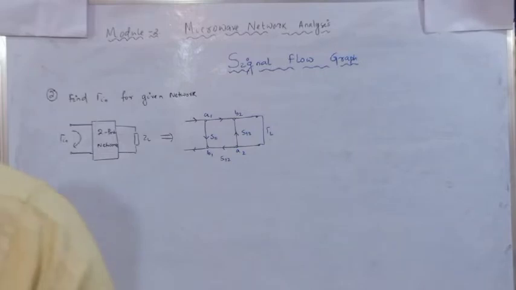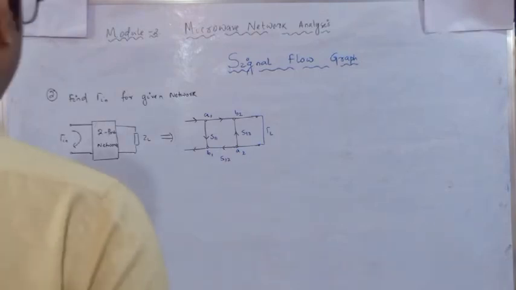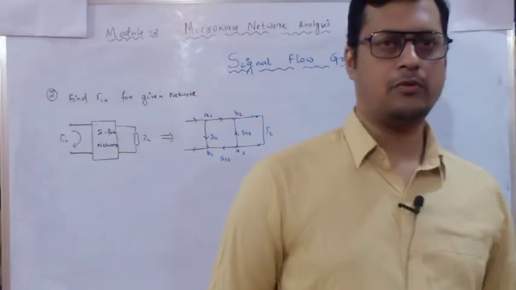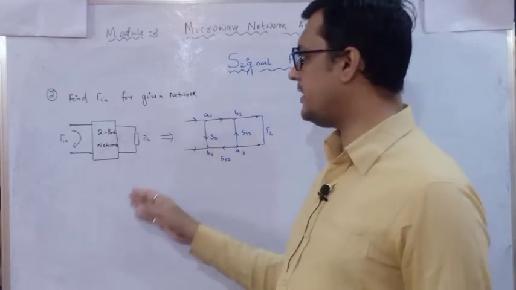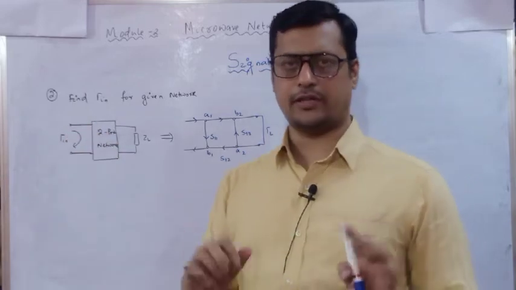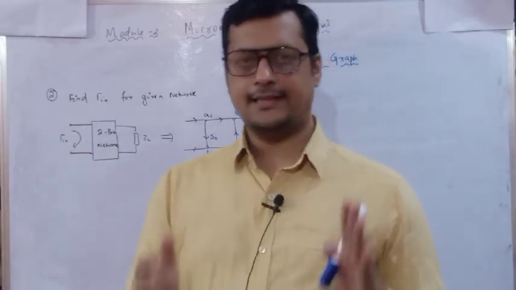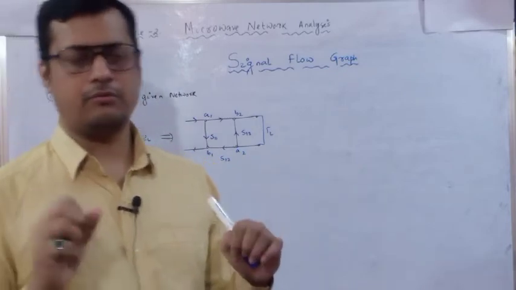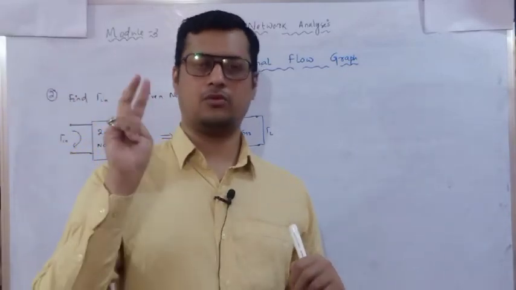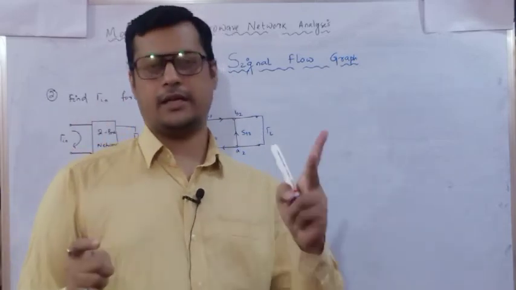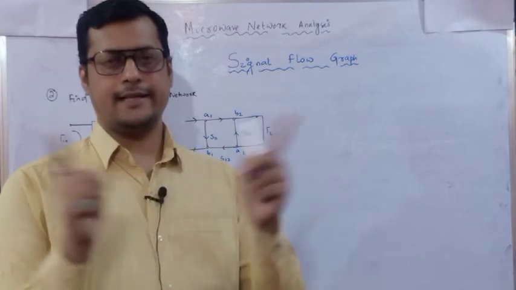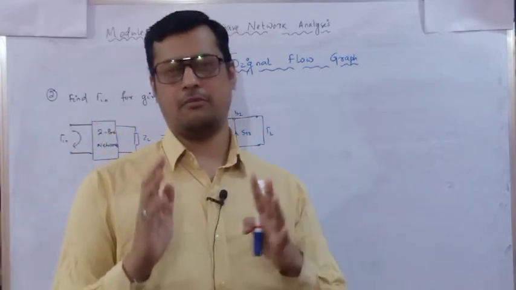Okay, so it is visible. As you can see, it is a two-port network which is terminated with a load. This port is terminated with a load, and this port is given some potential. Now, since it is a two-port network, how many nodes will be there? 4 nodes will be there. 2 nodes with respect to input, 2 nodes with respect to output: A1, B1, A2, B2. And the linkage between these nodes is called a branch.